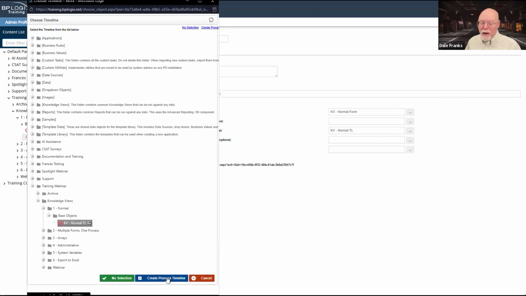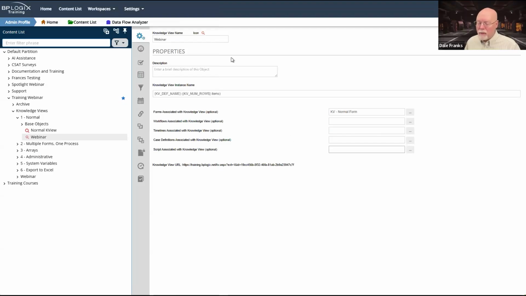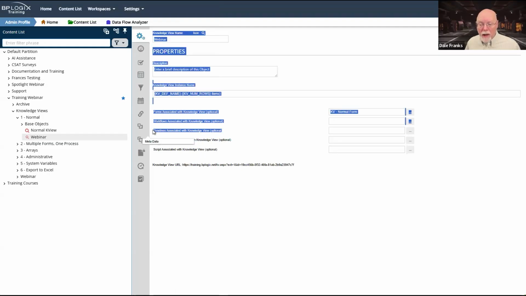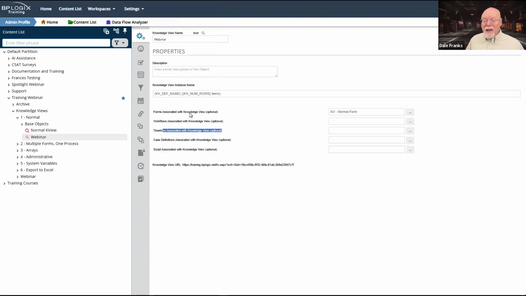And even in the knowledge view itself, even if you have a column that returns timeline information, you don't need to associate the knowledge view with the timeline. The form instance is already associated with the timeline. Probably the form definition is too. So in fact, the form instance is itself an attachment to the process timeline instance.